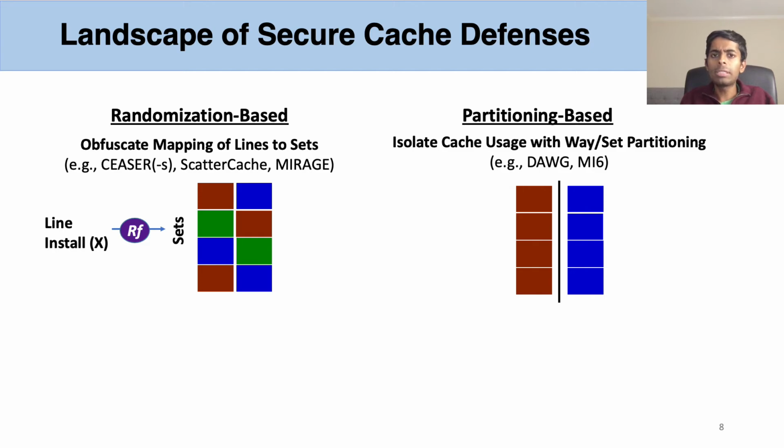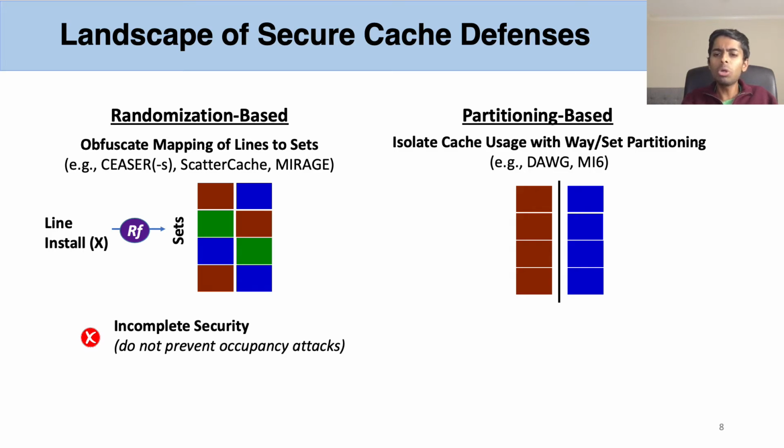In recent years, several secure cache defenses have emerged to mitigate cache side channels, and they broadly fall under two categories: randomization-based and partitioning-based. Randomization-based defenses obfuscate the mapping of addresses to sets to defeat conflict-based attacks, and also use duplication of shared lines across domains to eliminate shared memory-based attacks. But they still allow sharing of the limited cache space between different domains, so they continue to be vulnerable to